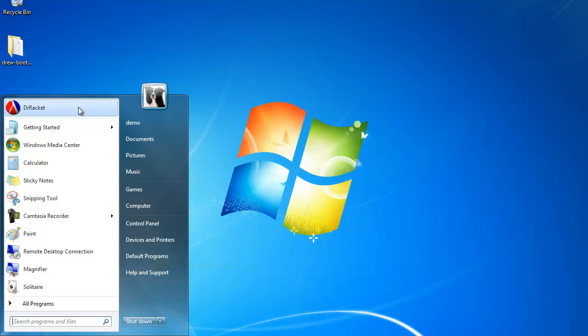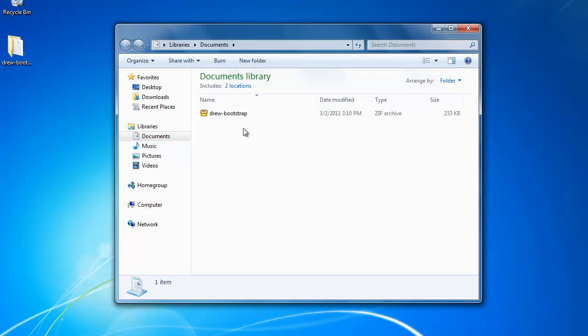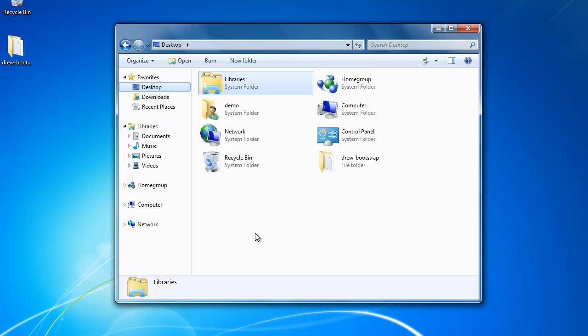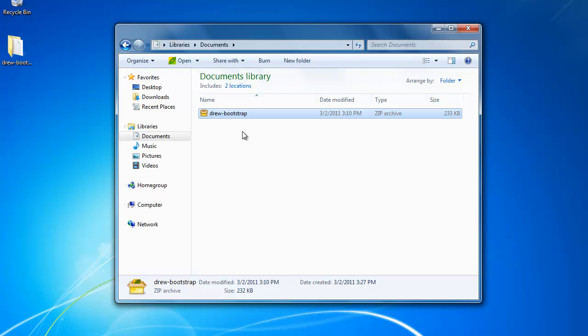Finally, I assume that you've downloaded and unzipped the updated game files that I sent you after you emailed me. I suggest that you unzip the files either in your My Documents folder or in your desktop folder, but anywhere will do. The name of the folder containing your game files is the same as the name of the zip file that you downloaded, so the folder will be called something like yourname-bootstrap.